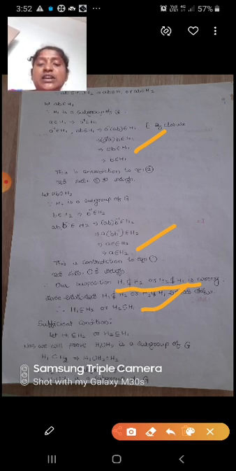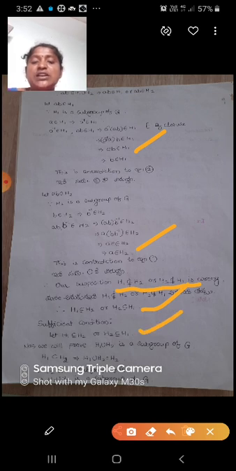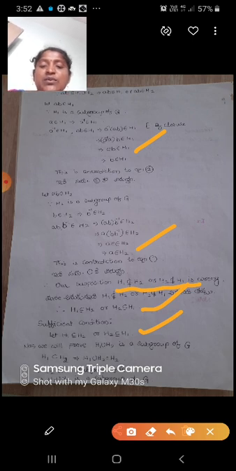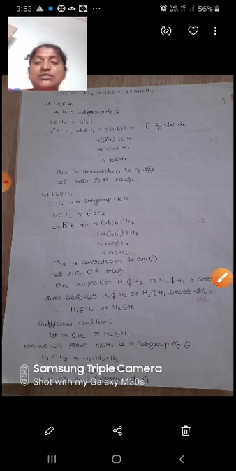So now we will prove the sufficient condition. Let H1 be a subset or equal to H2 or H2 a subset or equal to H1. Now we will prove that H1 union H2 is a subgroup of G. So H1 subset or equal to H2 implies H1 union H2 equal to H2. So therefore, since H2 is a subgroup of G, H1 union H2 is also a subgroup of G. So we proved the sufficient condition also.